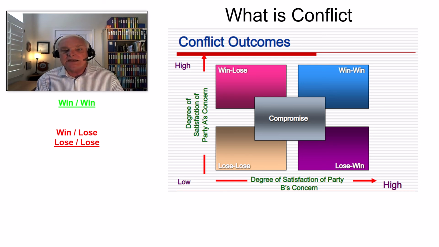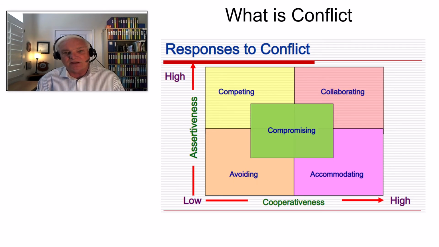And what you're needing to do, or what you will need to do, is find some way to create compromise. And compromise is tough. It's not something that's easy. But when we start looking at responses to conflict, there are a couple different ways we can do that. And one is on the scale at the bottom from cooperativeness, and then the scale on the side for assertiveness, running from low to high in both directions.